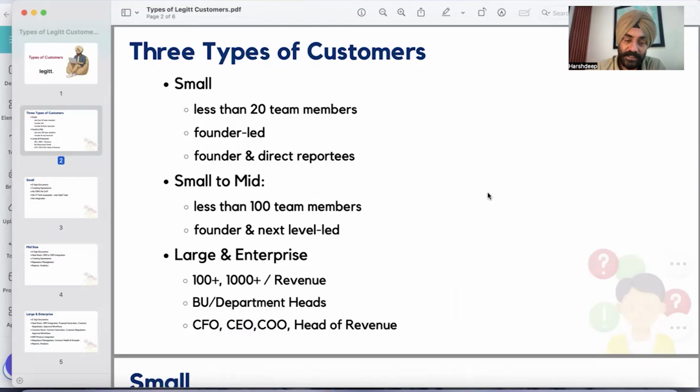These might be different teams using different systems, and the decision makers here might be the CFO, CEO, COO, or the BU heads. They make the decisions, create the budget, or they might already have the budget, and then they go for implementation of Legitt.